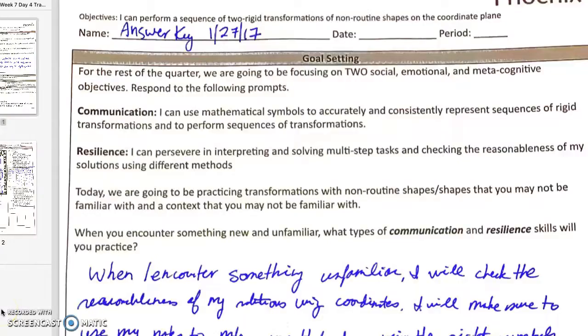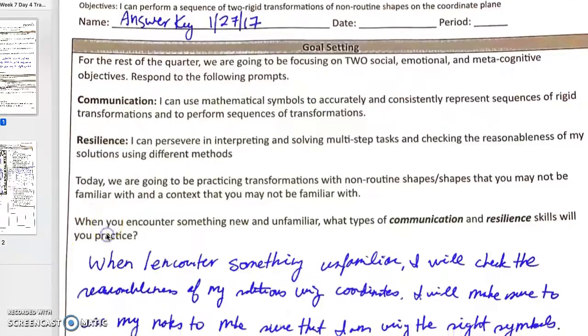Today what we're going to be working on is performing a sequence of rigid transformations of non-routine shapes on the coordinate plane. And so by now you should have finished your goal setting, and your goal setting will be about what you will do if you encounter new and unfamiliar types of shapes and what types of communication and resilience